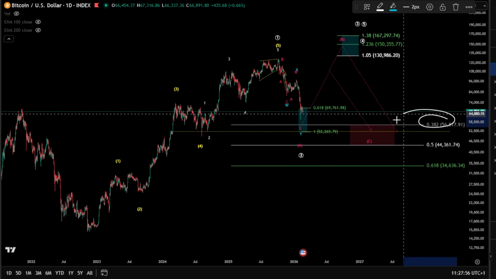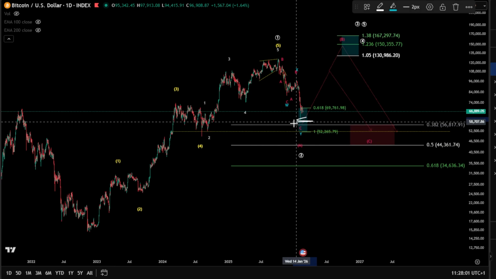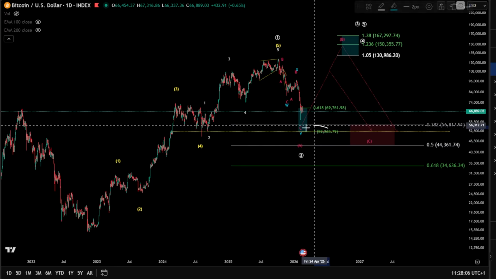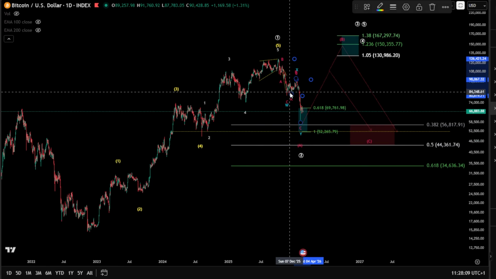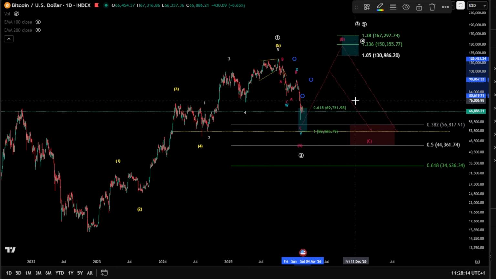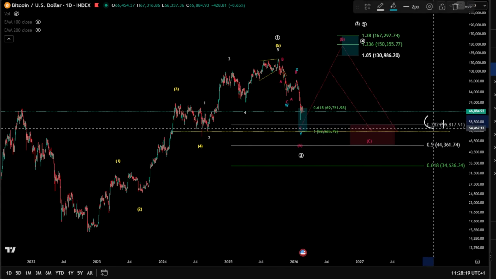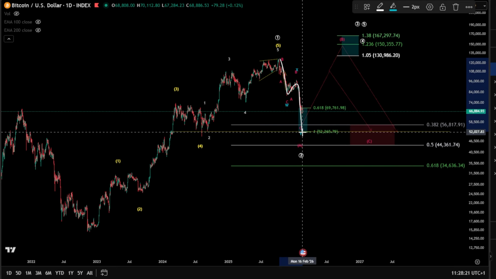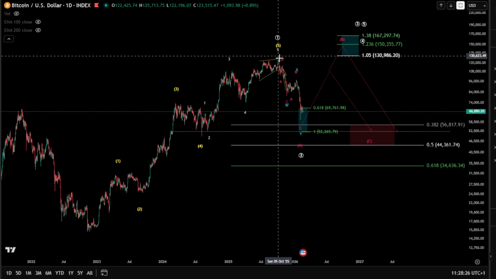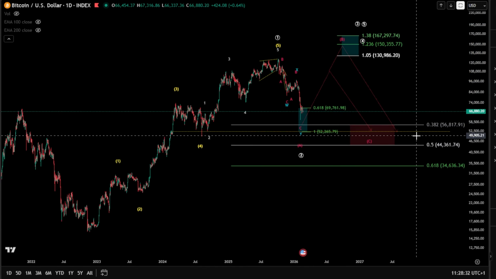So far, we didn't take yet the 0.38 within the 3 waves, and therefore, you have a possibility and you have a gap here that a wave Y can extend until the 1-to-1 fib level, 52k over there, taken, of course, from the W to the X to the Y, and giving us a 1-to-1 fib level for this scenario, which is in confluence with the 0.38. Now, Bitcoin can do this because normally when you have 3 over 3 again, it can simply reach a very fast shallow wave 2, an aggressive one, and then push directly toward the upside.